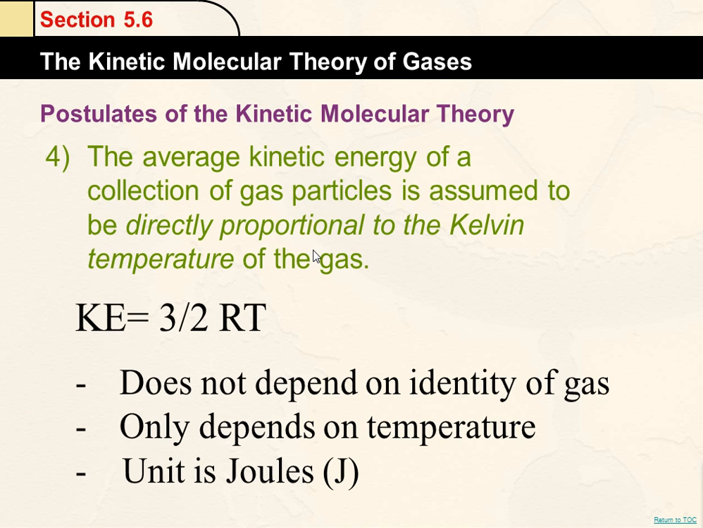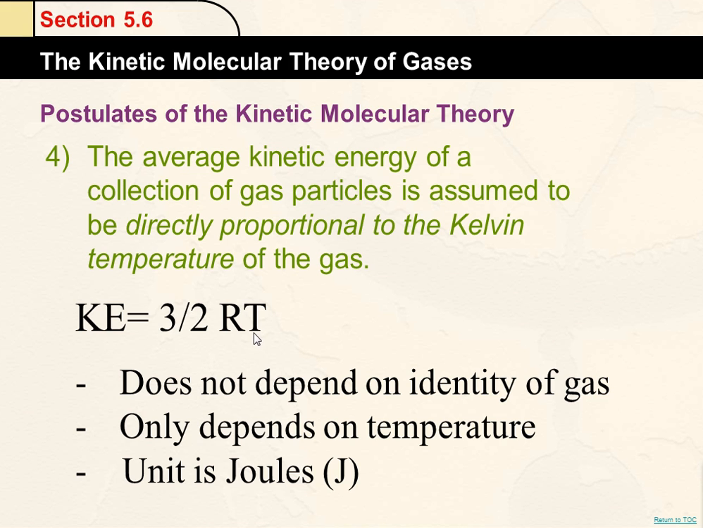The fourth postulate is that the average kinetic energy of the particles, or the gas molecules, is directly proportional to the Kelvin temperature. So no other property of the gas matters, i.e. the identity or the molar mass. It is only the temperature that affects how much kinetic energy the gas molecules have. Anytime we are measuring energy, it's going to be measured in joules. The formula is 3/2 R times T, where R is the ideal gas constant and T is